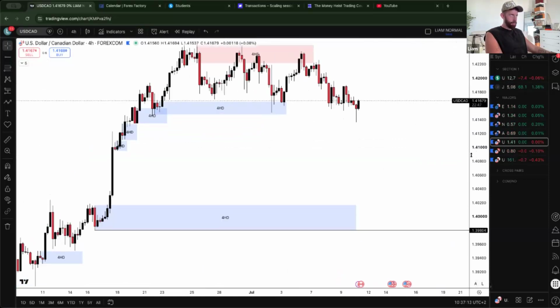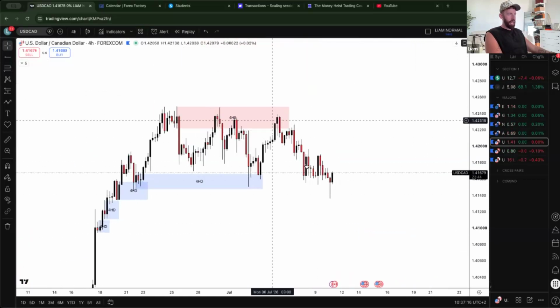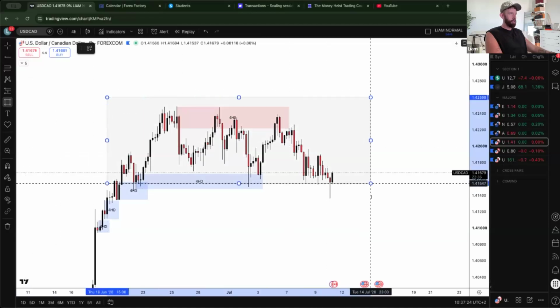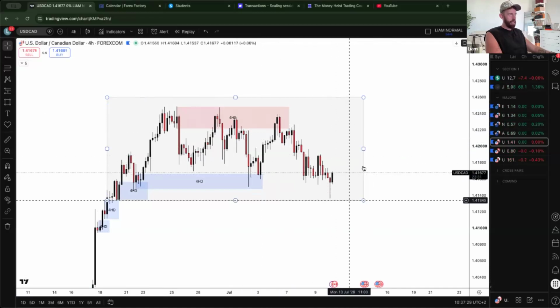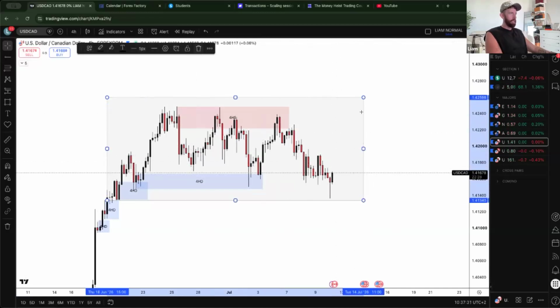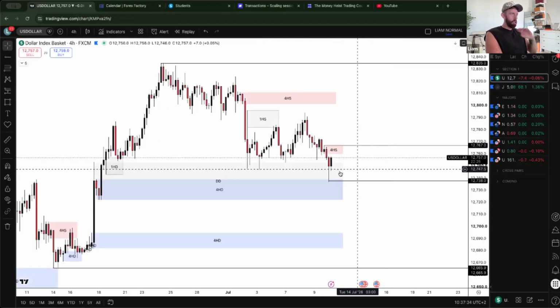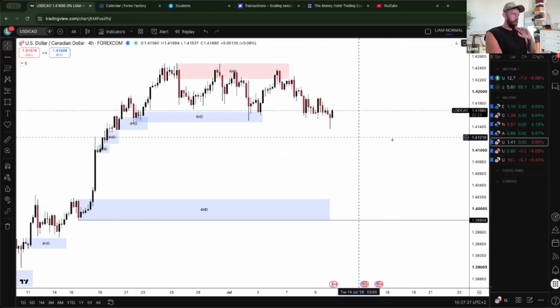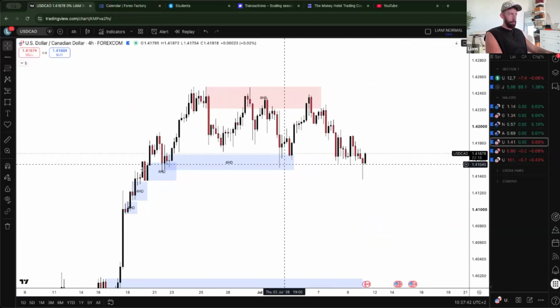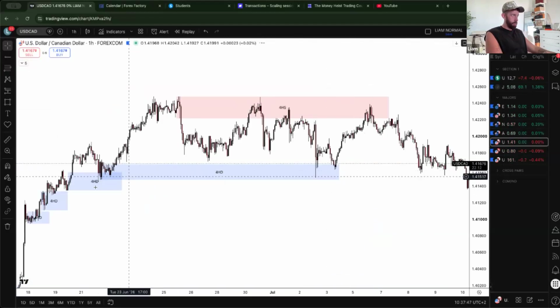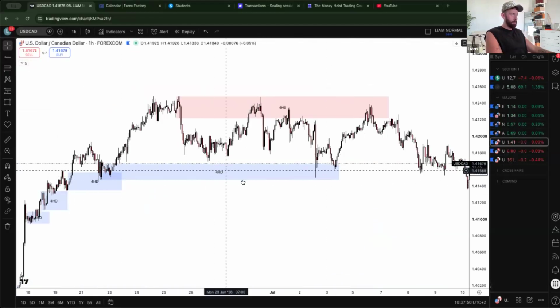So, from a four, we've had some sort of break, some sort of market move down. It's still in that range of just consolidation. You can see market has still been going sideways, even though it has started to short. So ideally for me, I'm going to focus on what the dollar does. If the dollar goes bullish, can I see anything for USD CAD? No, not necessarily. I can't, unless we potentially go into the one and see if it's reacted from a 1 hour supply down here, which it could have, potentially.